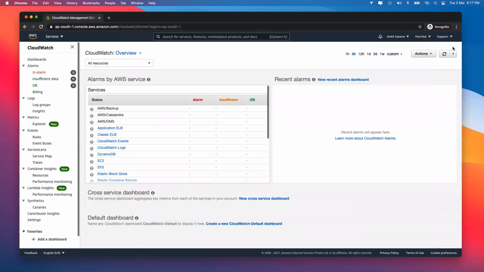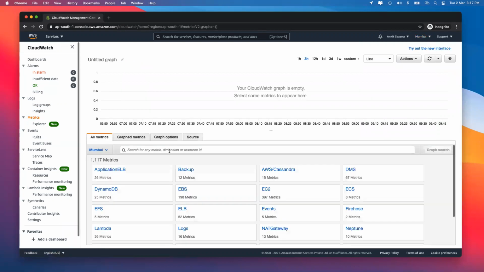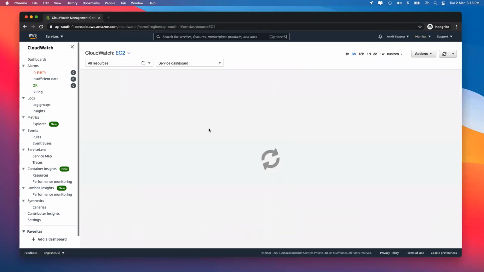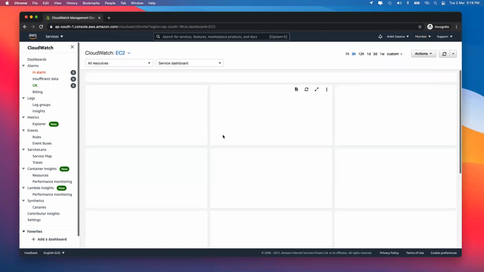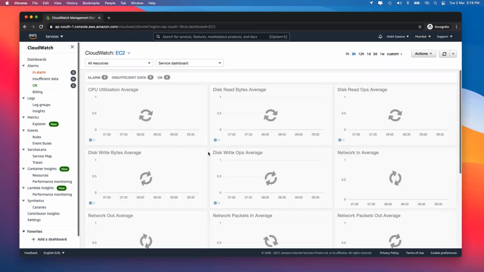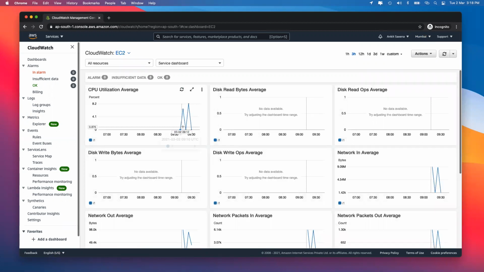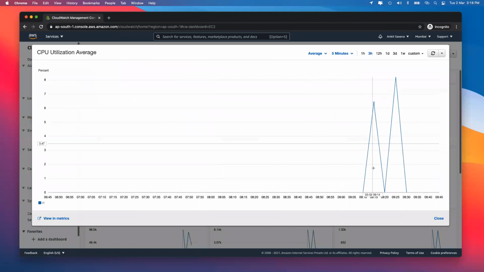Right now, what we'll be focusing on is more on the metrics part. Subsequently, we'll go to our events and to logs, and we'll also go for alarms. Metrics is a way by which you can have a look at the properties and how your resources are actually performing. For example, if I go to EC2, I can have a live look at how my EC2 instances are performing. I had a few instances over here, so I can see that my CPU utilization looks something like this. If you want, you can zoom in.